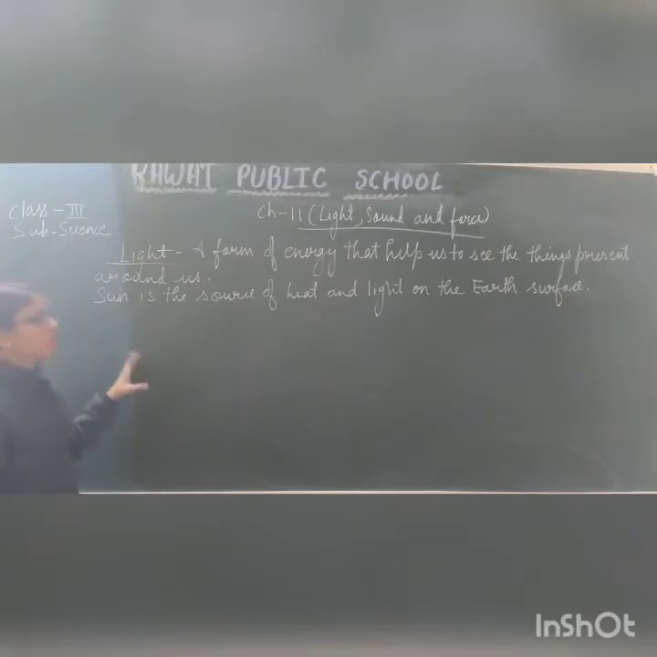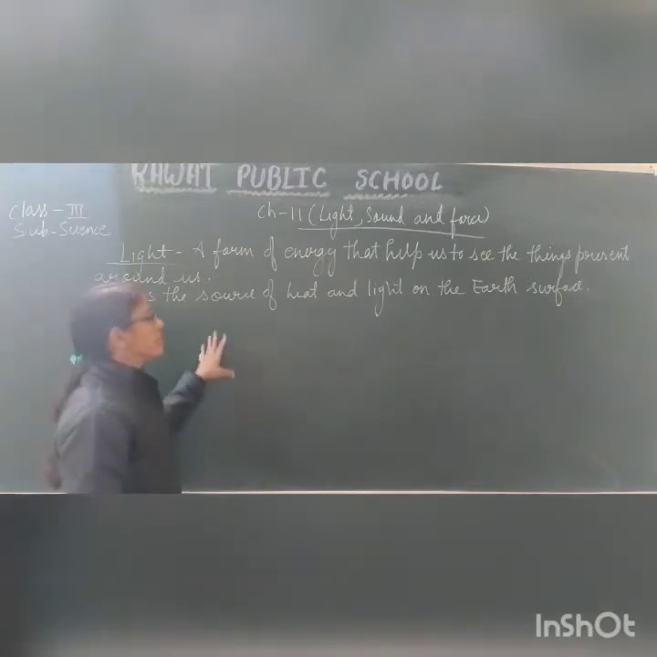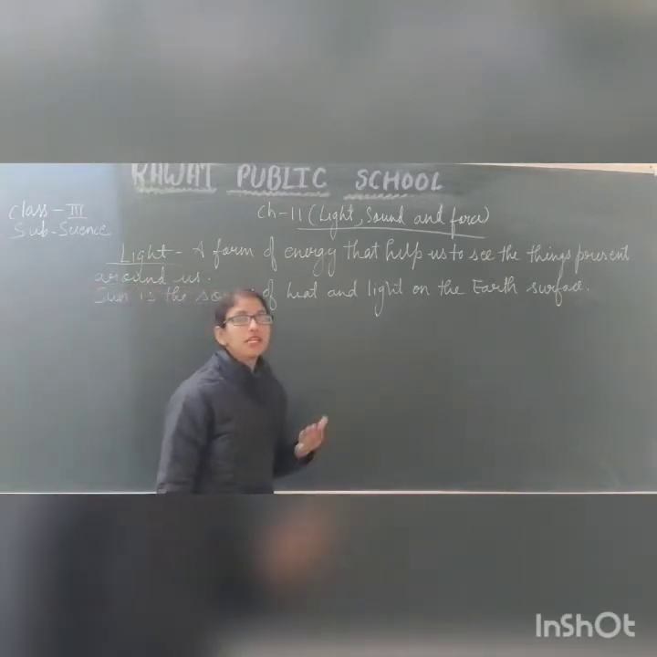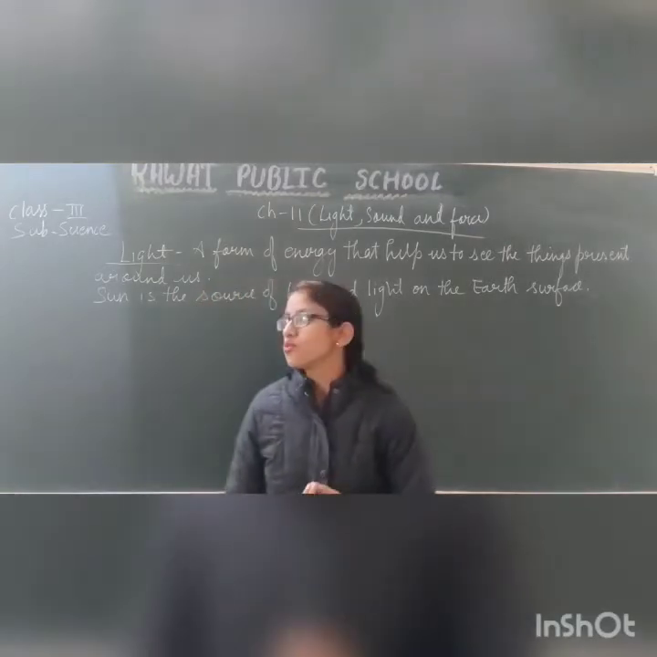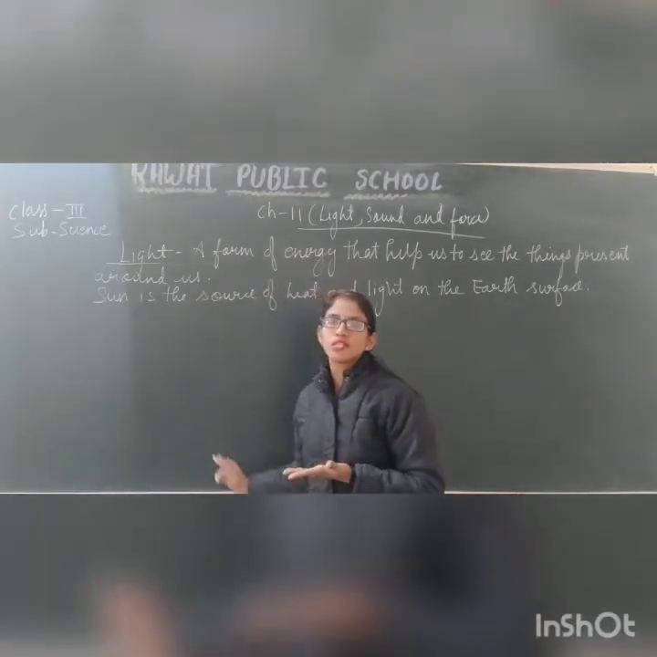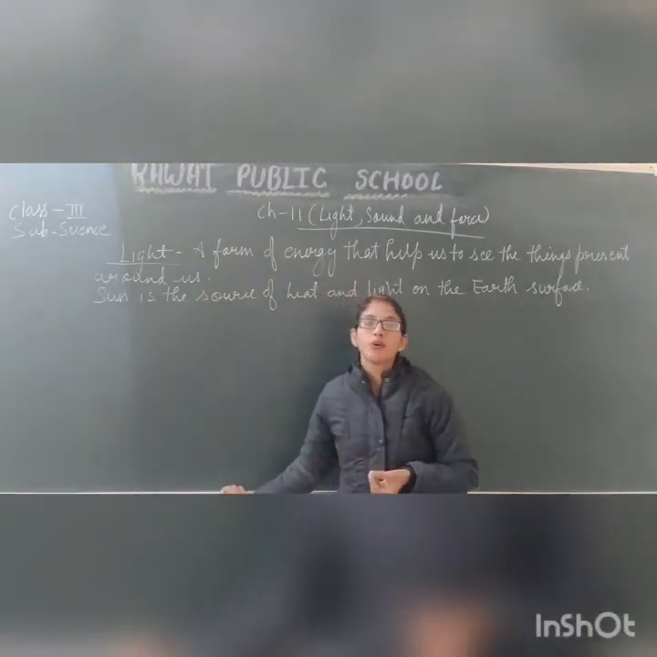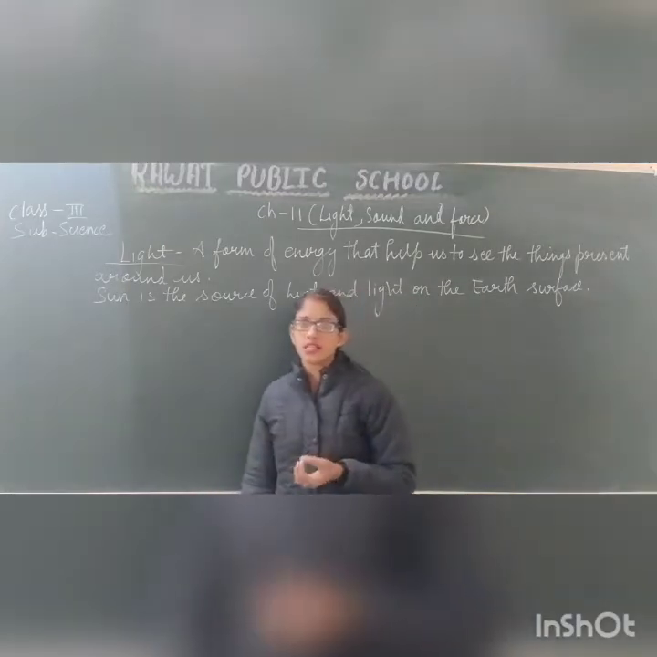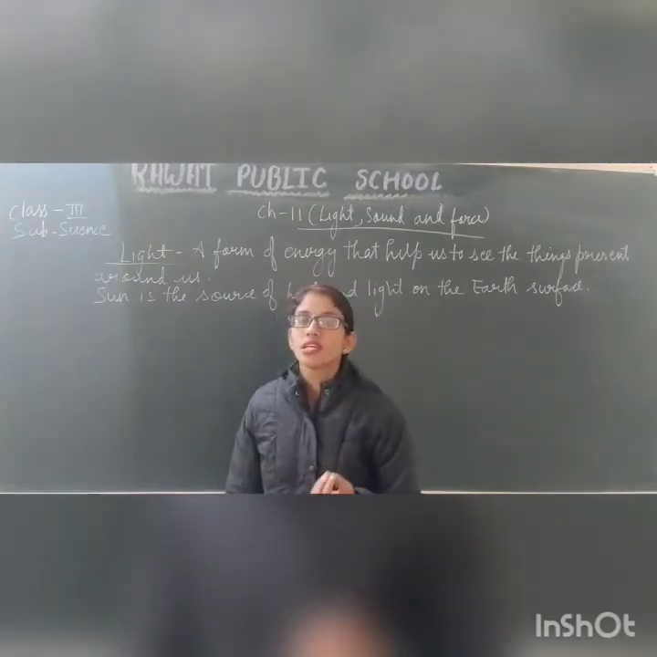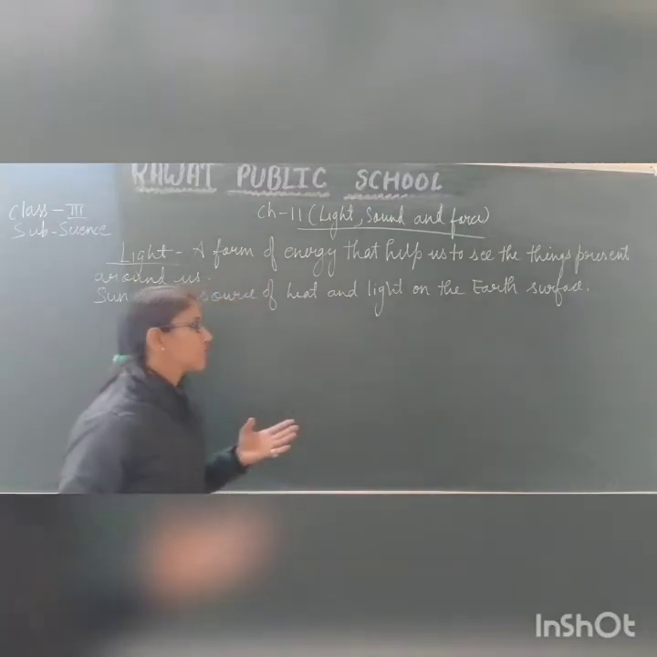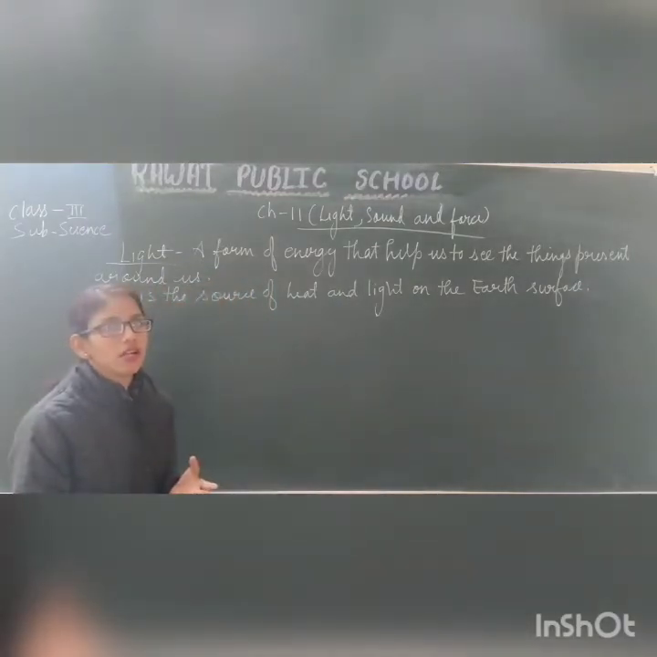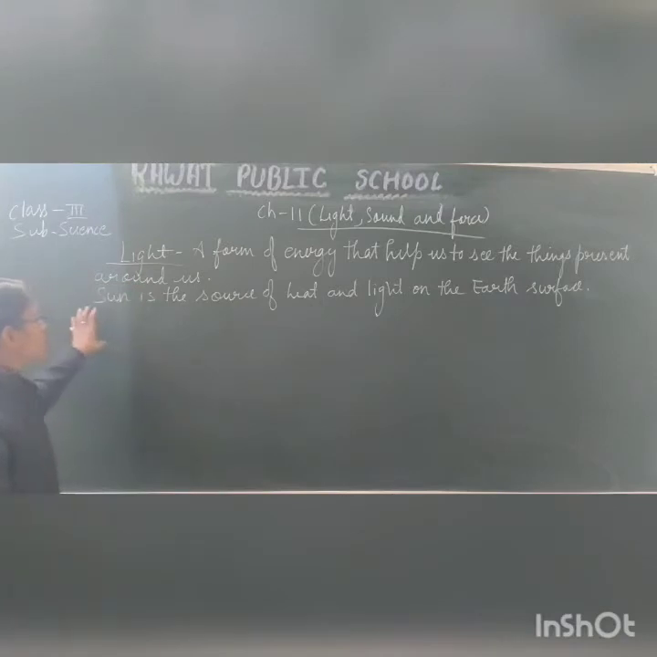If we talk about the different types of objects, the sun is the source of light and heat, but during the night when there is no sun, how will we be able to see the objects? With the help of artificial lights, that is, luminous objects. The objects that give out light of their own are known as luminous objects, and the objects that do not give out light of their own are known as non-luminous objects. So on the basis of this, objects are of two types: